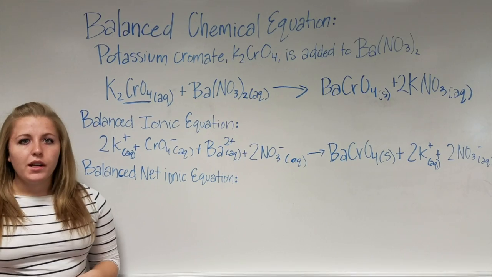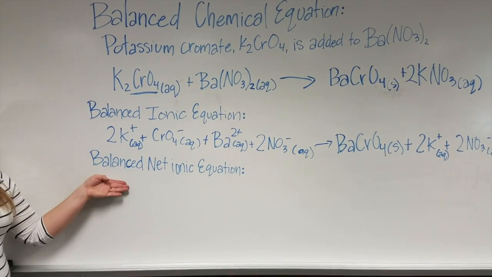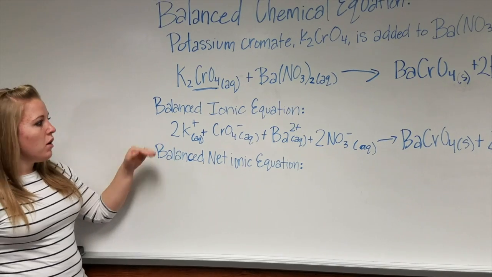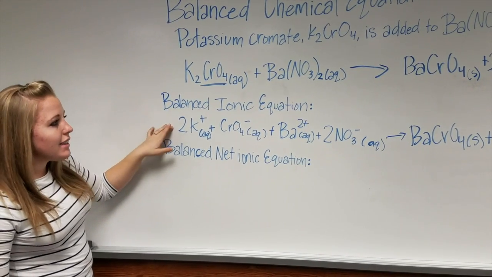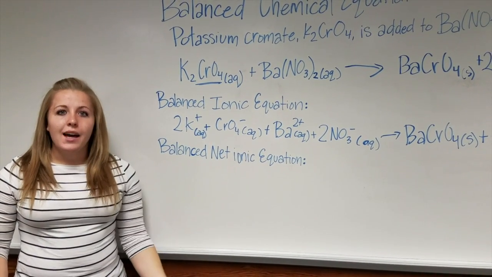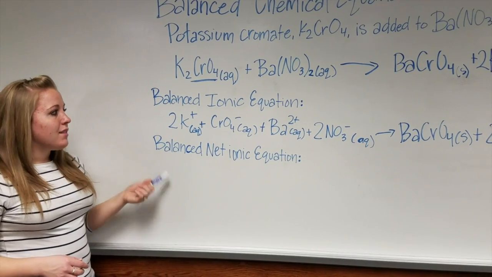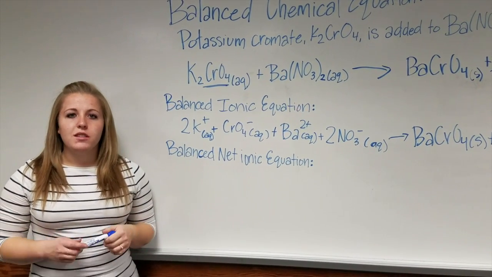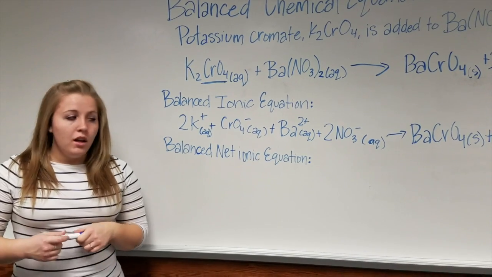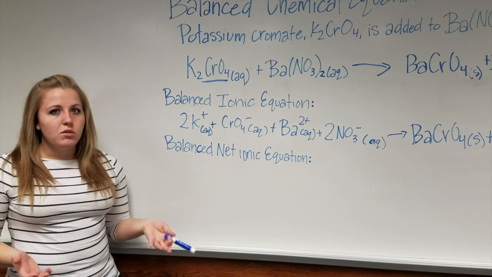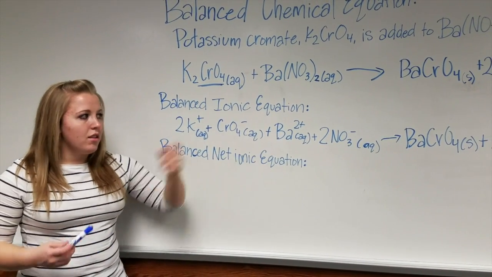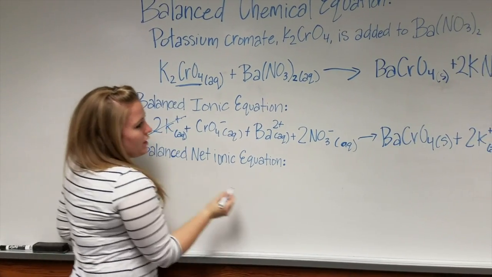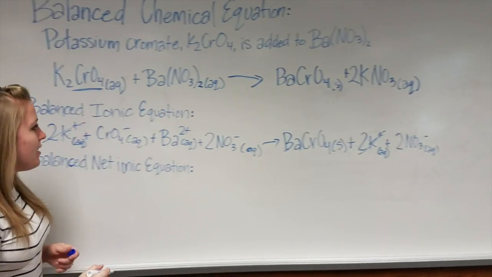The very last step in writing a balanced chemical equation goes with writing the net ionic equation. In order to do this, we simply cross out things that appear on both the reactant side and the product side in the exact same way. This is because things that appear in both sides are spectator ions, and they are not actually participating in the reaction that we're interested in. So our net ionic equation just includes the parts of the equation that actually play a part in the reaction. So in this reaction, we can cross out the potassiums and the nitrates,